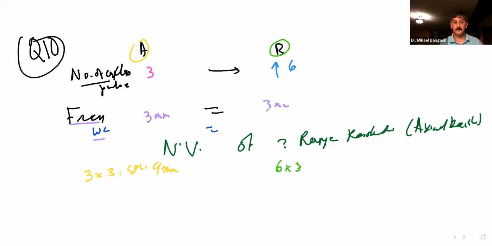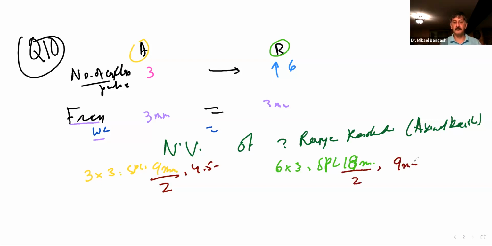6 cycles. Each cycle has a wavelength of 3 millimeters. So here the spatial pulse length becomes 18 millimeters. Now, if somebody still wants to calculate the numerical value, we can say here it's going to be 9 divided by 2, which becomes 4.5 millimeters. Here it's going to be 18 divided by 2, which becomes